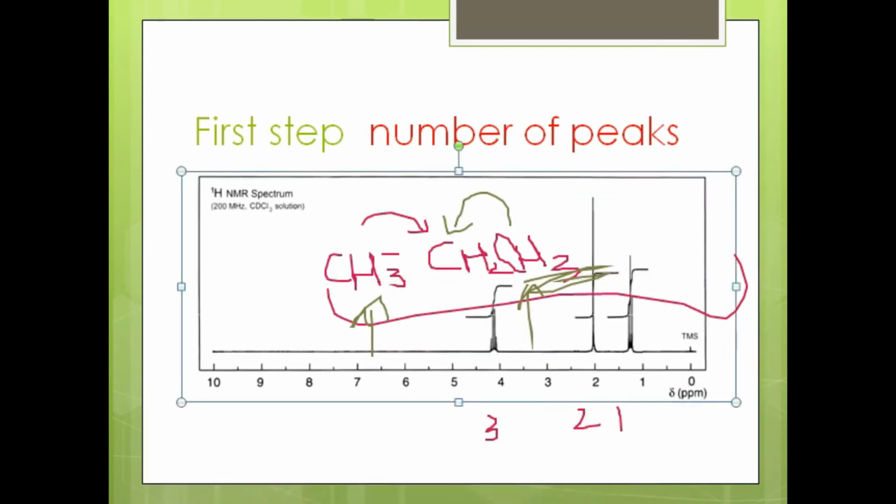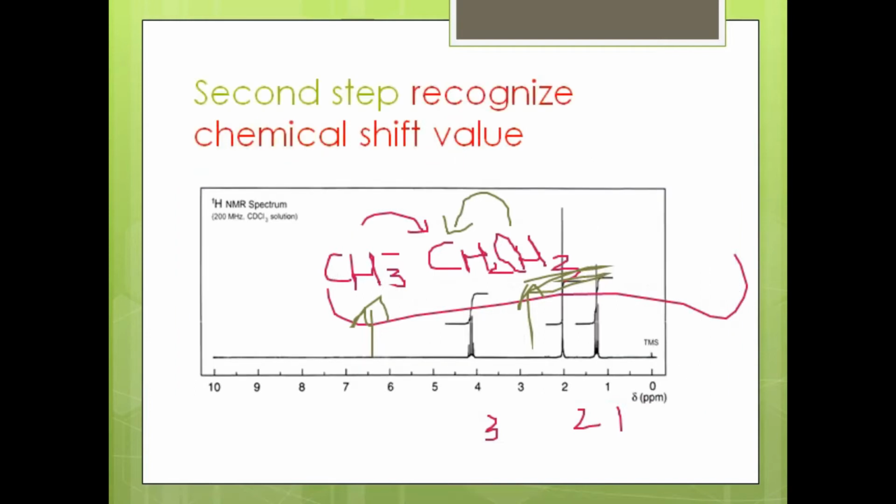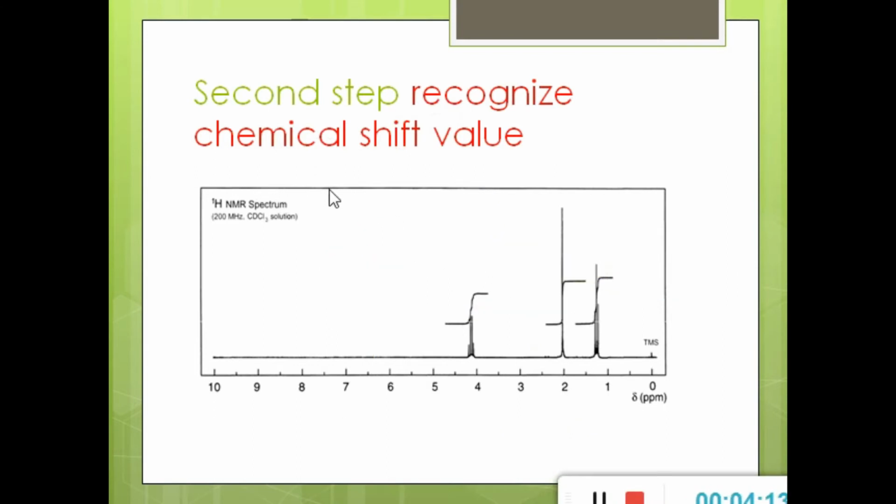Now let us move to our next slide, that is the second step. The second step tells us that we have to recognize the chemical shift value. If I clear it, recognizing the chemical shift value means that every functional group, such as methyl, methylene, and if we talk about it, the carboxyl group, nitrile group, every group that has a hydrogen attached, that hydrogen appears at different chemical shift values. Of course the hydrogen that is attached to a carbonyl, ester group, ketonic group and carboxylic acid group also appears at a different chemical shift value.